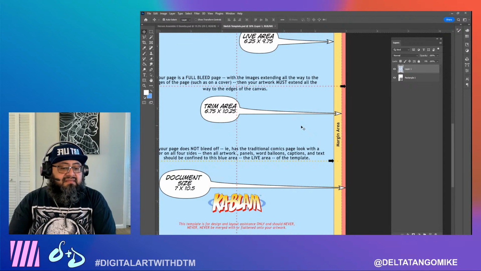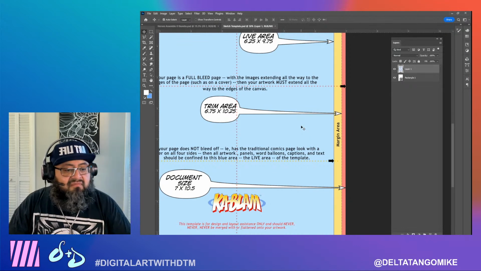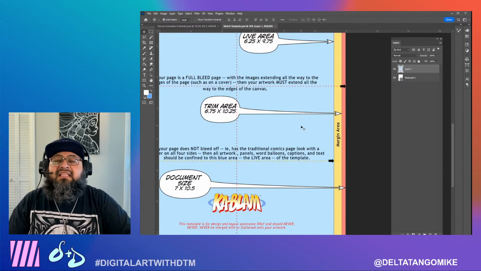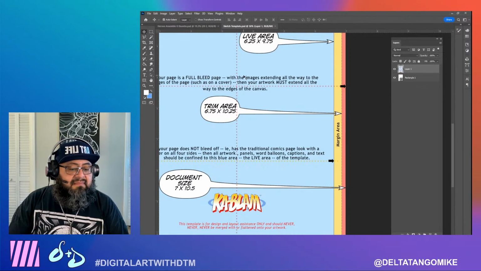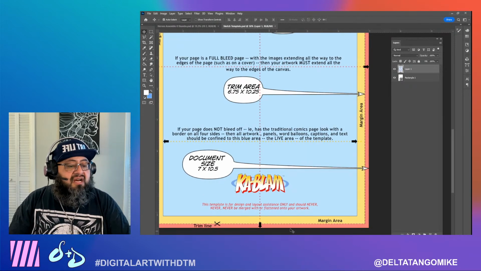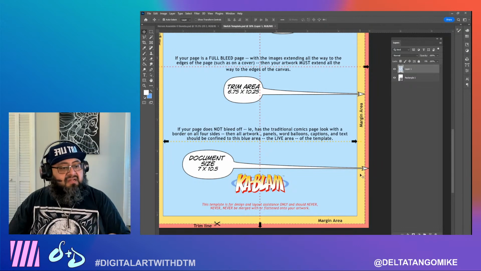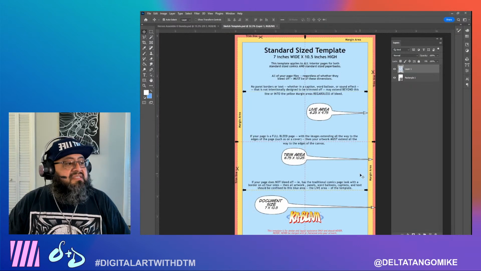There it is. Templates for design and layout assistance only, and should never, never, ever be merged with or flattened into the artwork. Right, because this is just for us to understand what this template is about. So there it is. Boom. Trim line. It's got little scissors. There it is. The document size goes all the way to the edge. I got it. Cool. So this is why I'm using this